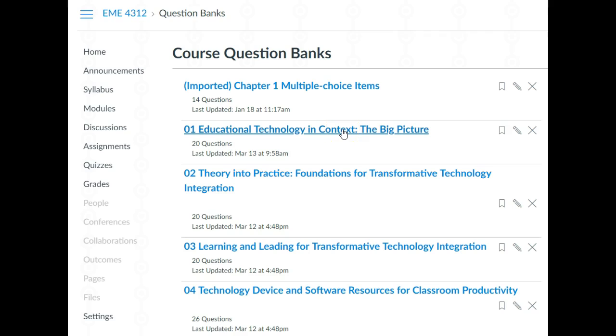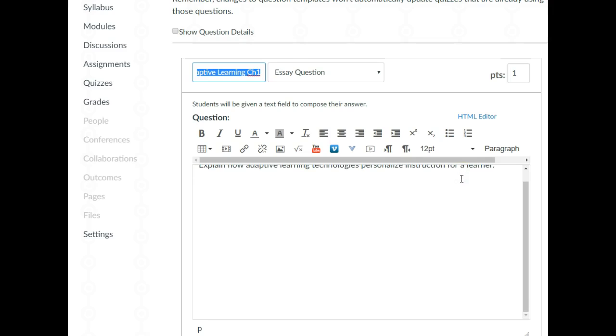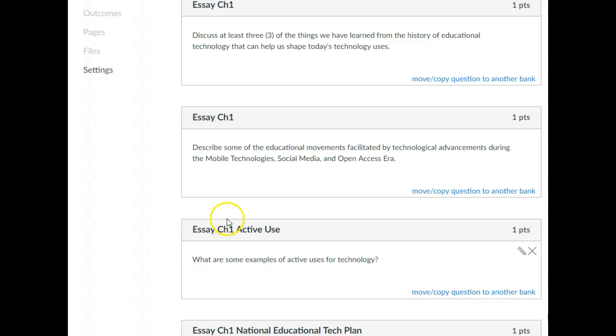I've already done this first one, which is the educational technology first chapter. And what I did was I went into each one of these, which shows up with some generic name, and I hit edit to show what it actually had in it, whether it was an essay or a multiple choice question. Then I renamed it, using the type of question it was,